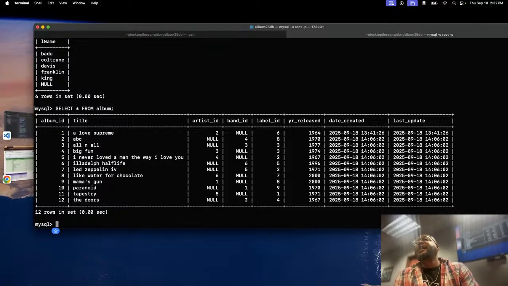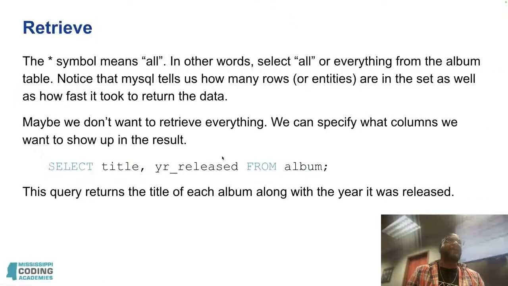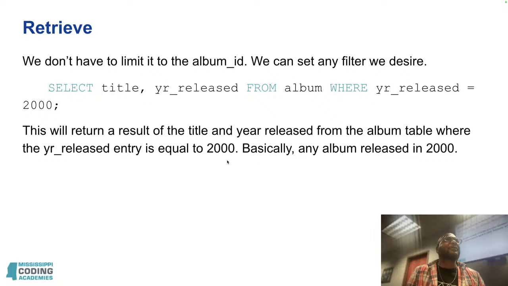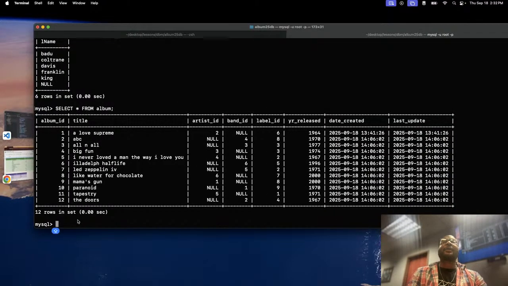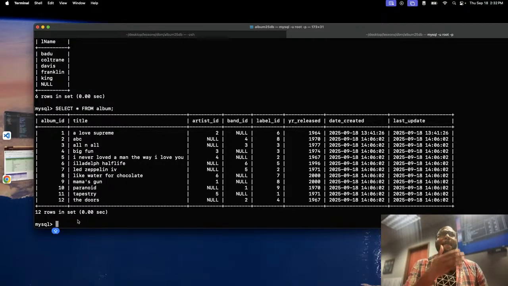If I want to select a particular album, I can do it by the album ID. Something has happened with my slides, but anyways, we're going to get through it. What I use is the where clause. I add the where clause to my statement, and what that simply does is specify a location, or where I'm selecting from. So if I want Mama's Gun,